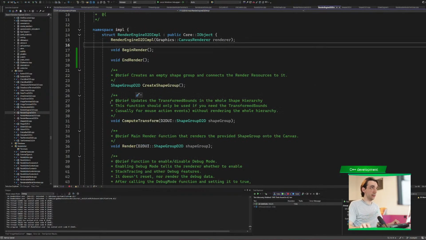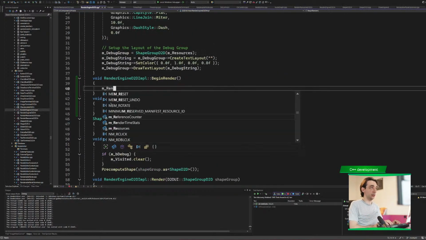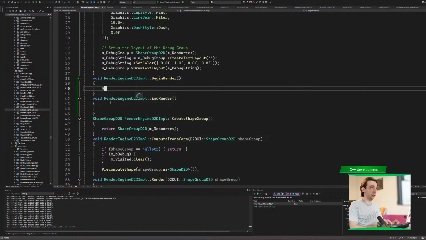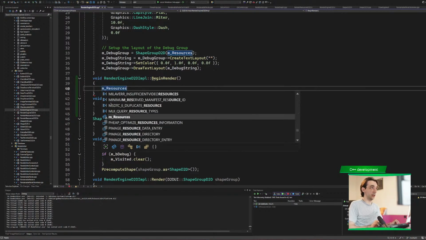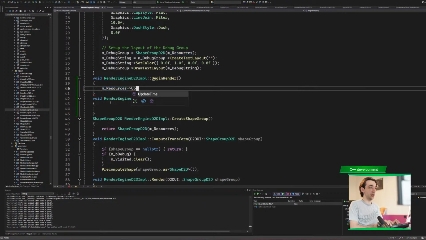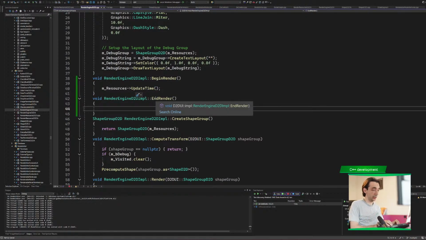So let's imagine then on the begin render, I'm going to access the resources, and I will say update time. On the begin render, I will update the time. On the end render,